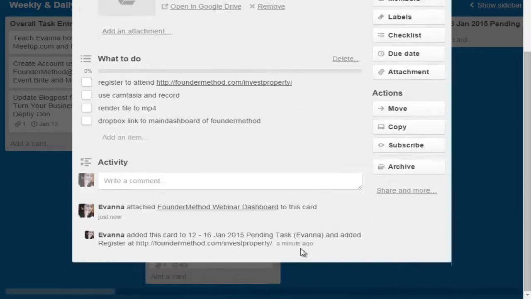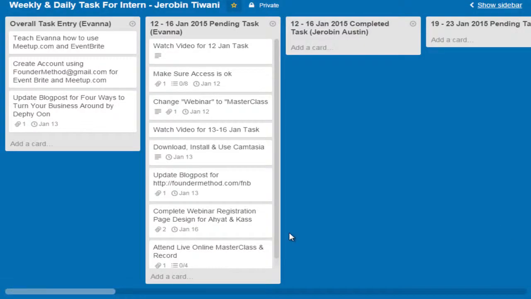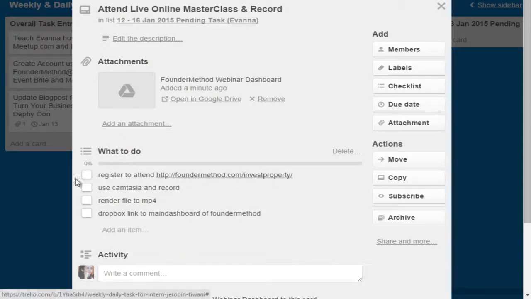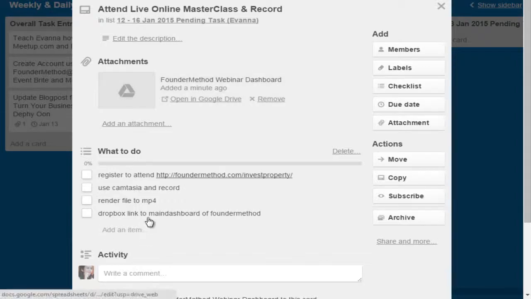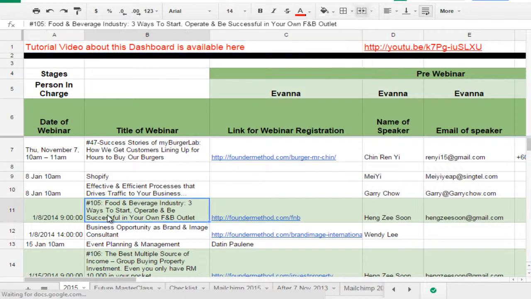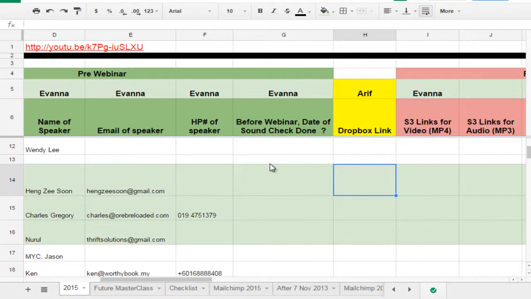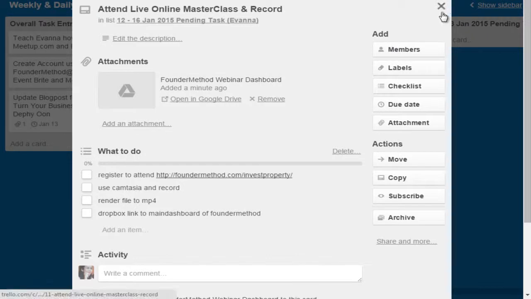So imagine if you are my intern, you just need to follow the steps only, then you are able to do my stuff. So attend live online masterclass, they know that this one attend, then they click use Camtasia to record, render file and Dropbox, so I know all the tasks are completed. And after that I empower them with this, because he needs to copy the link and put in here. This is all my online seminars, so he puts the link here. Can you see here? Dropbox link. You all might not understand because you are not my intern, but my intern actually